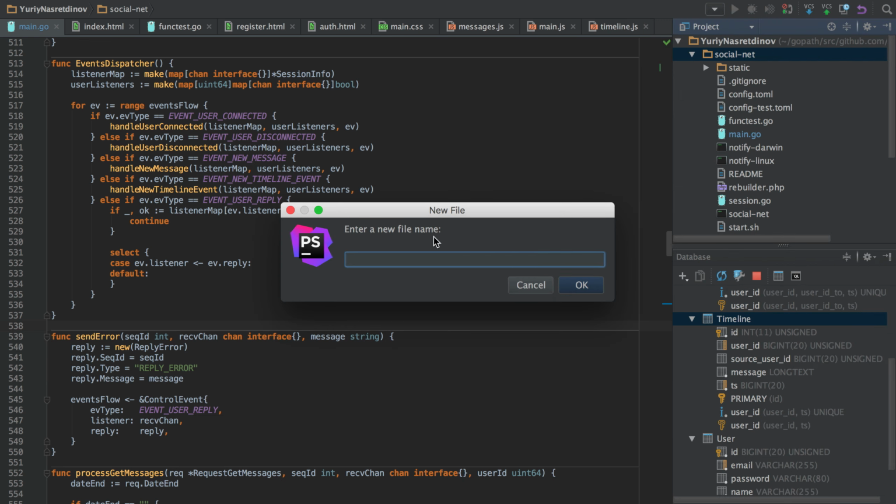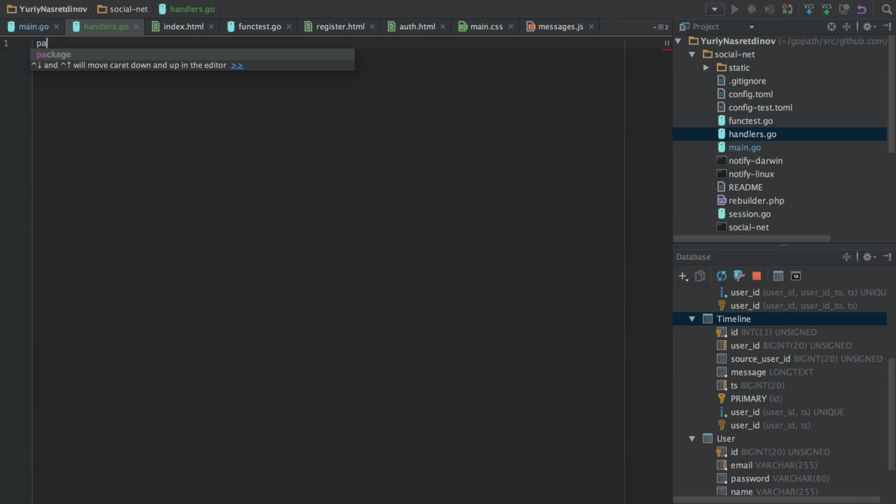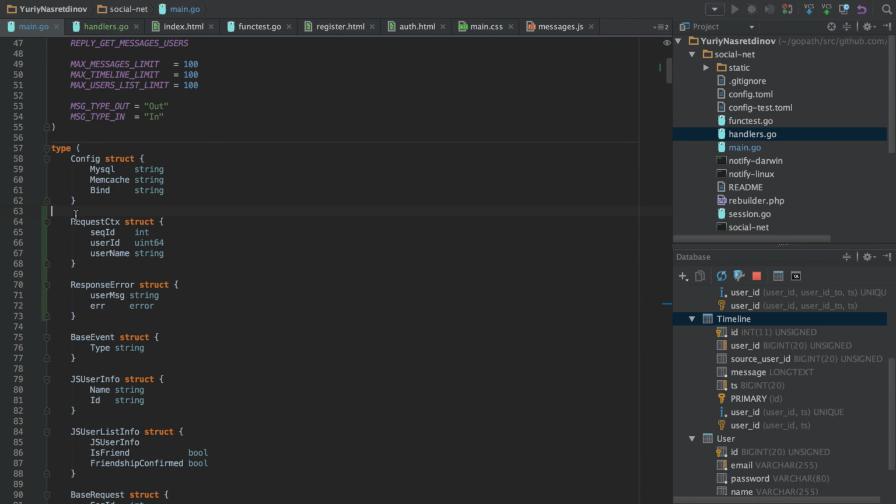So we first could move all the handlers to another file, so that we don't make too big a main.go, and our IDE feels better, and in general it is better to separate different parts of application and put it into different files, so that the program can be understood easier.